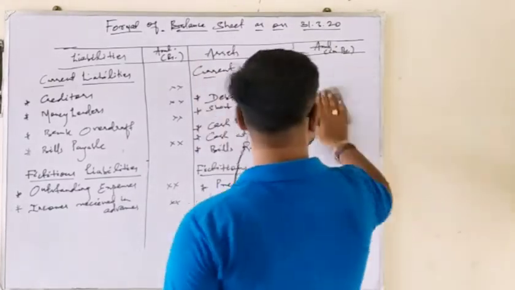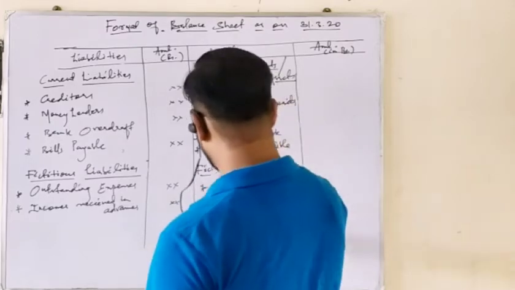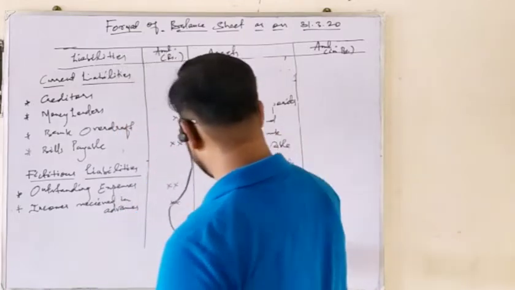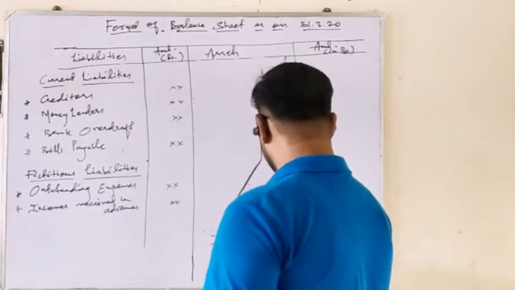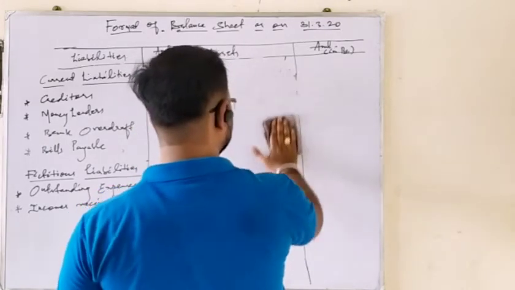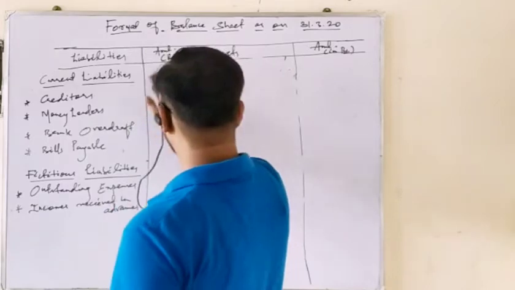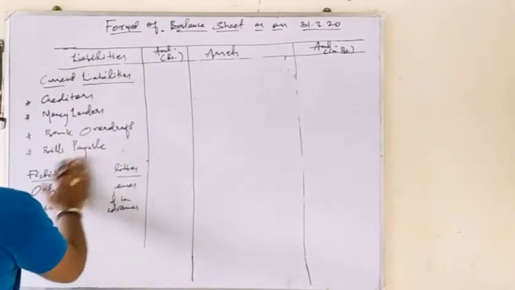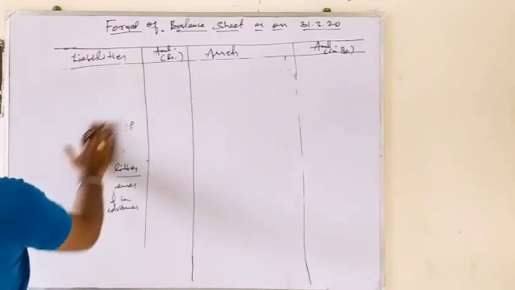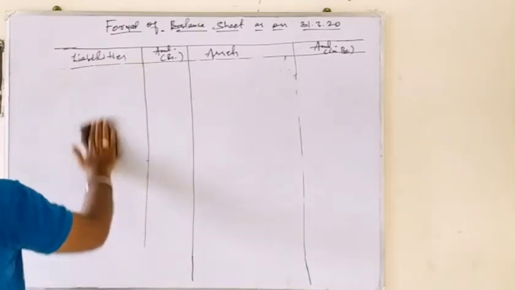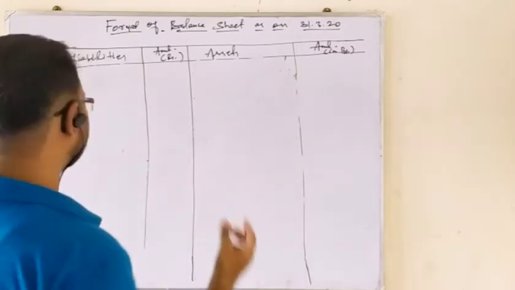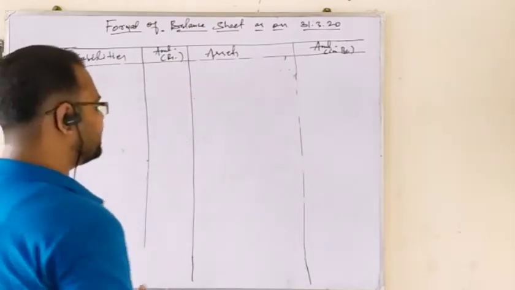Due to this space, I have to write like this. Sorry for that if you face any problem regarding this, but no issue. You can ask me any queries if you cannot understand how to write these assets and liabilities in a balance sheet. I shall send you the pictures regarding how to post assets and liabilities. So now, as a whole, I am writing without giving much example how the different types of assets and liabilities are posted in a balance sheet.